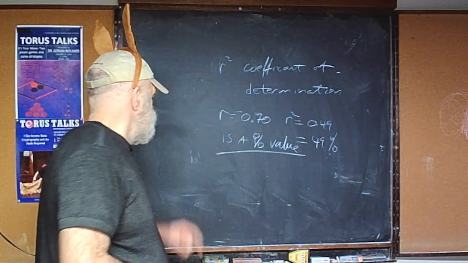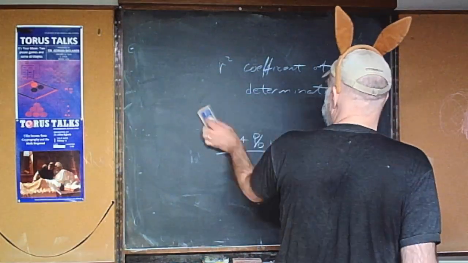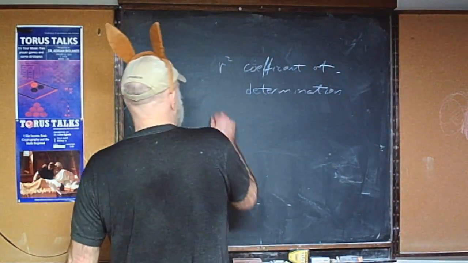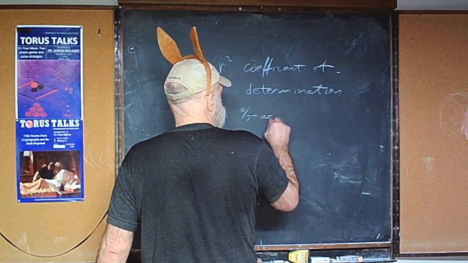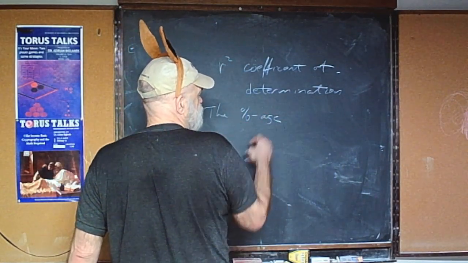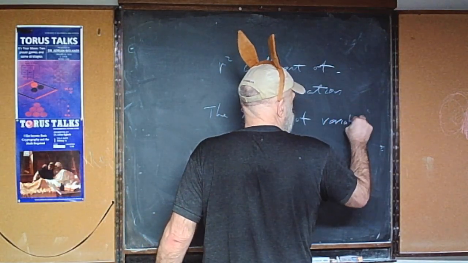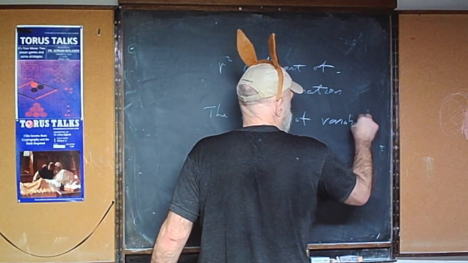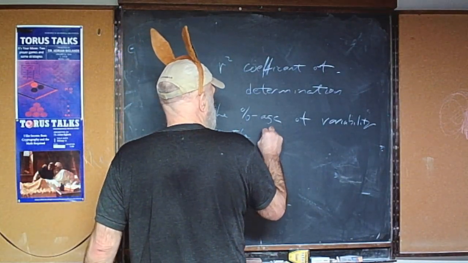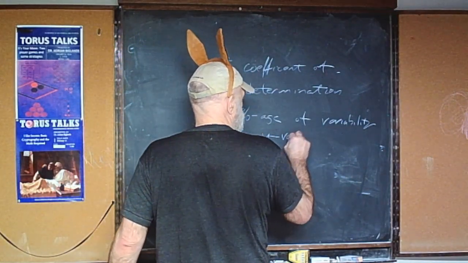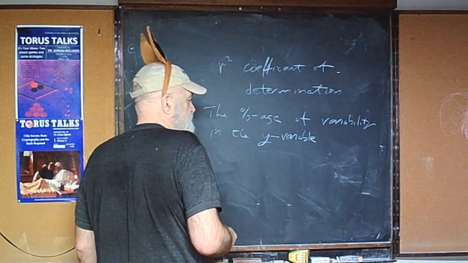So it is, I'm going to write that down. I don't get rid of this. It is the percentage, so this is just shorthand, percentage of variability in the, I'm going to just say y variable, under the understanding that y is typically the response variable,